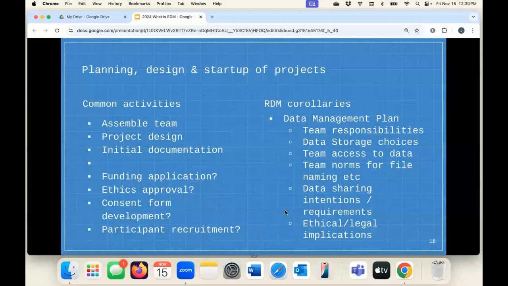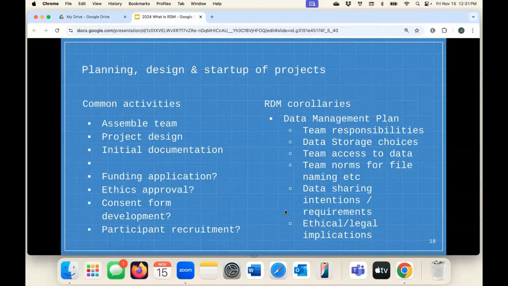So you're thinking about things like who is responsible for what, who's going to do the backups, who's going to hold the files in their filing cabinet that can't be put on SharePoint or something. You're thinking about where am I going to store my data? Do the people who need it have access to it from that location? Do I need to make some changes there?